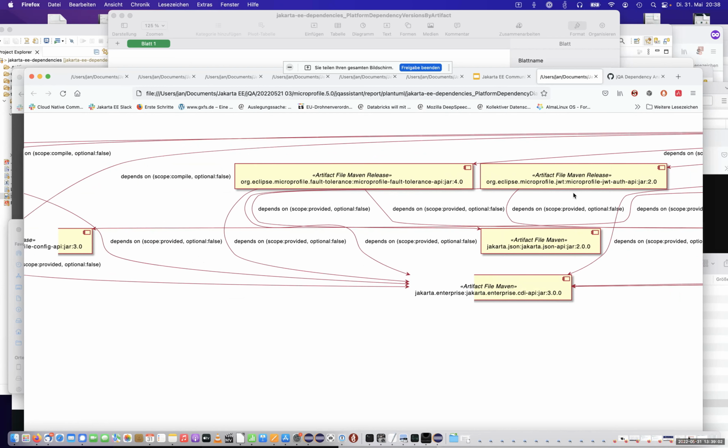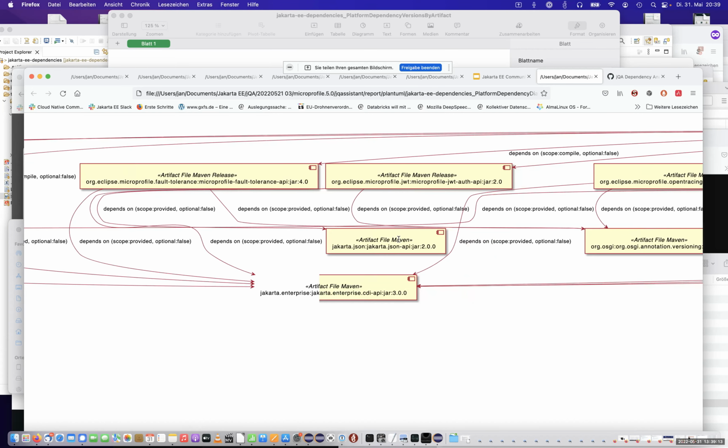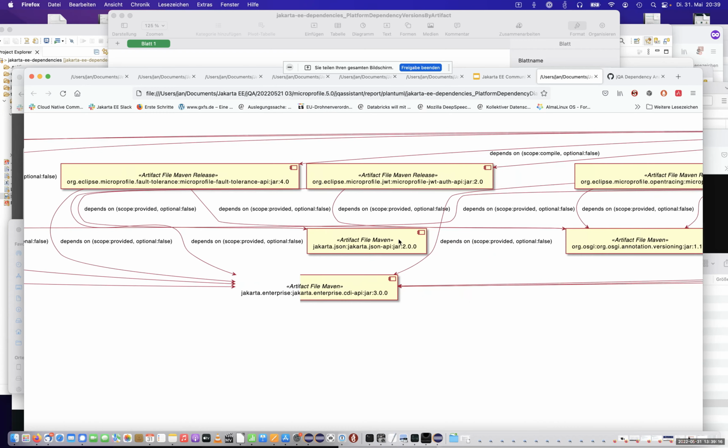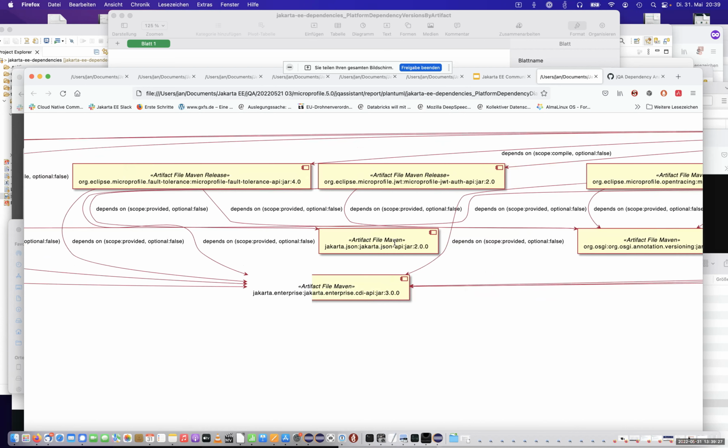Looks like JOT is one of them. Cannot see it really clear. You can see that exactly in the plant.uml version. Yeah, it must be JOT did not use a specific version in the POM instead of directly inherited from the parent. I think we will, just like in the MicroProfile 6, also need to go through the POMs and remove all the versions, basically, or delegate back to the parent.